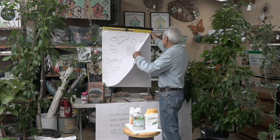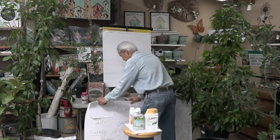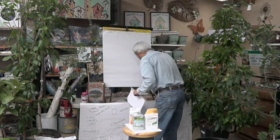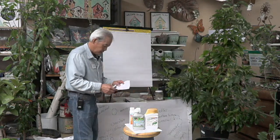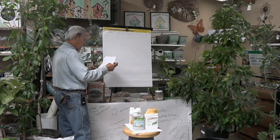Okay, on plums, they haven't been that reliable for the last 10, 12 years, but when I was growing up, I thought plums were my favorite fruit. And we don't like to give up on them because now and then we get a really good crop. So I'll put them down in their order of